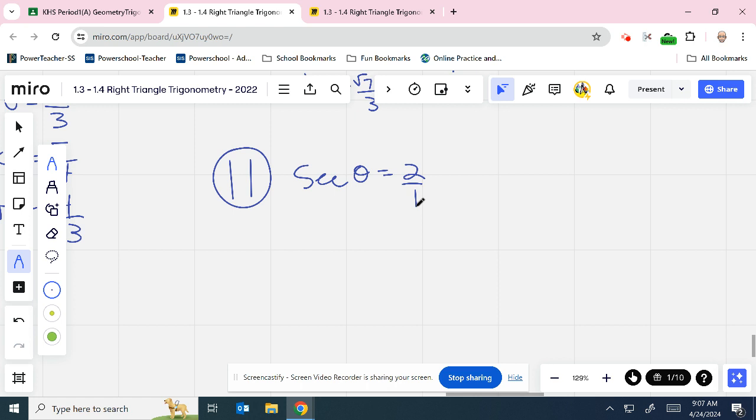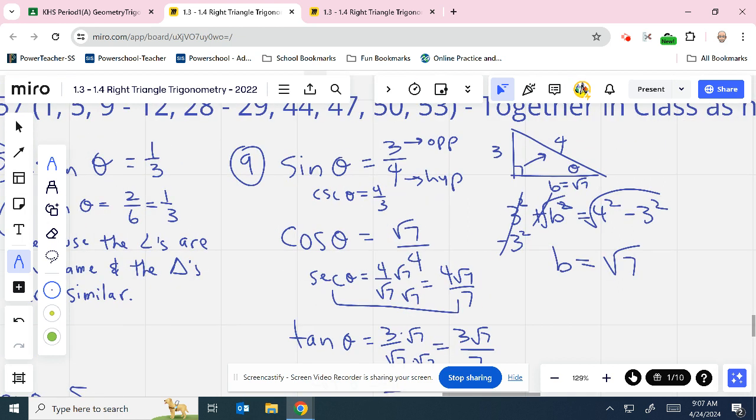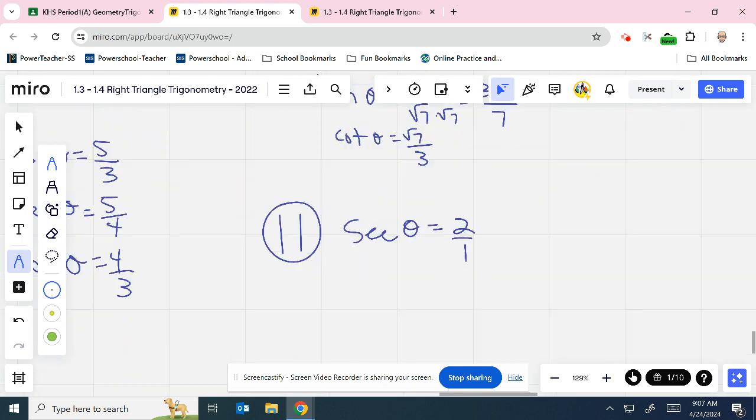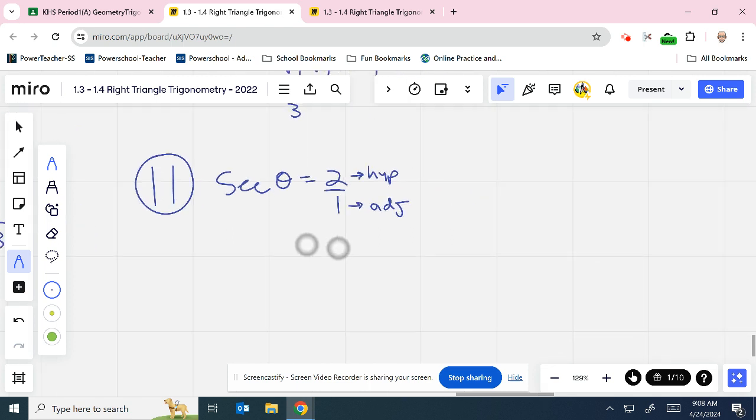What is secant as a fraction? Can you tell me? Because remember, sine is a fraction. Sine was the OH, so SOH. So what would secant be as a fraction? Good, it's hypotenuse over adjacent. Because secant is when you flip over cosine, and cosine is AH. So this is HA. So now let's draw the little right triangle